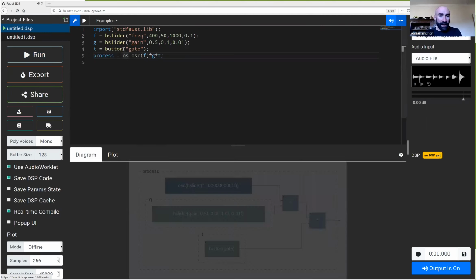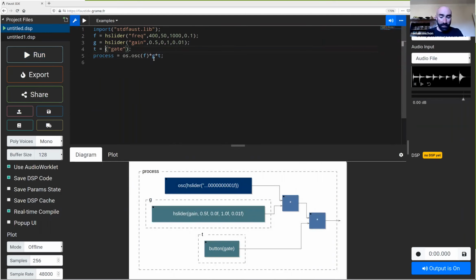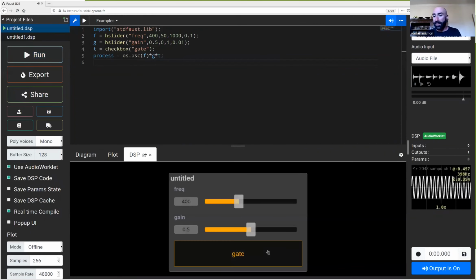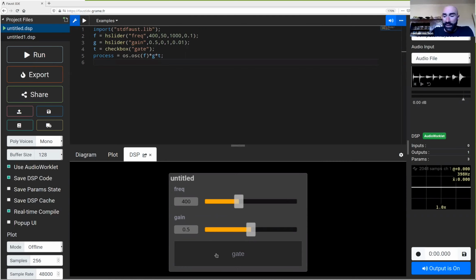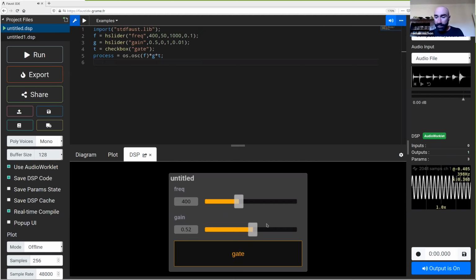By the way, you can replace the button here by a checkbox, and what's cool with checkboxes is that when you click on them, you get sound until you click on them once again. It's just like a toggle. Great. So what I wanted to show you here is that there are actually some issues with the program that I wrote here, namely, so here's some sound, and if I change the value of gain very quickly,